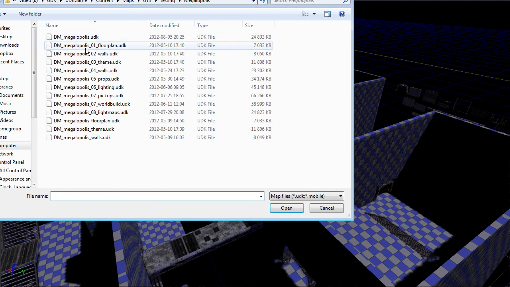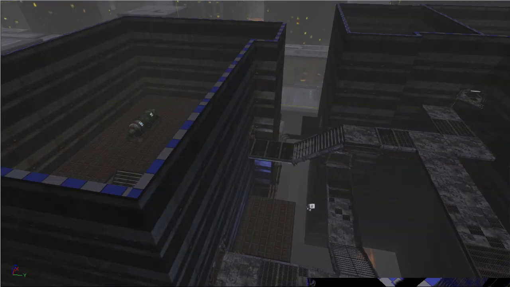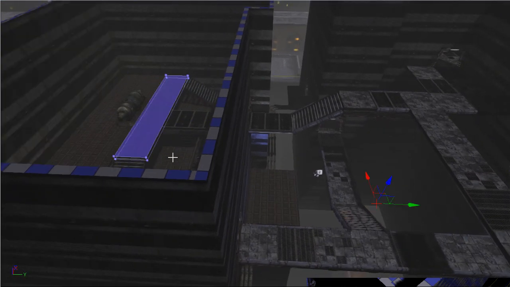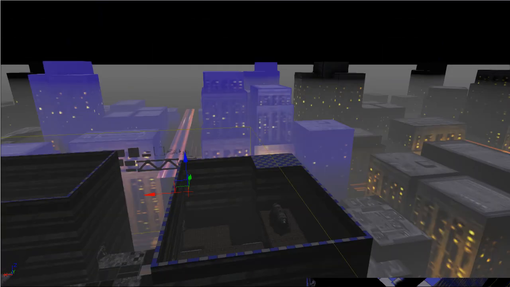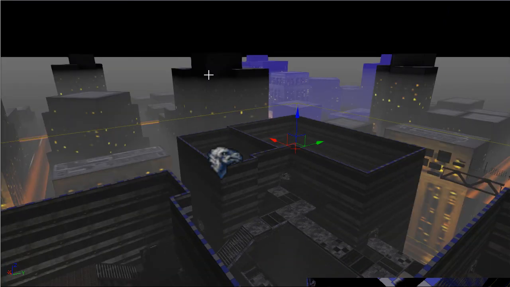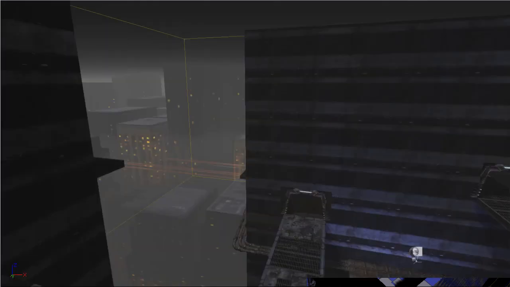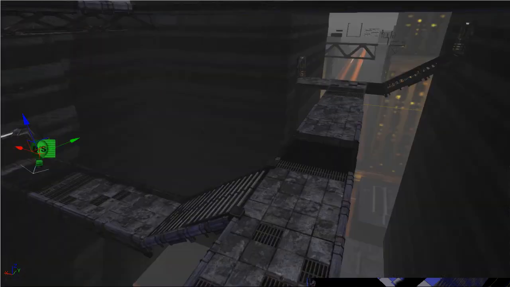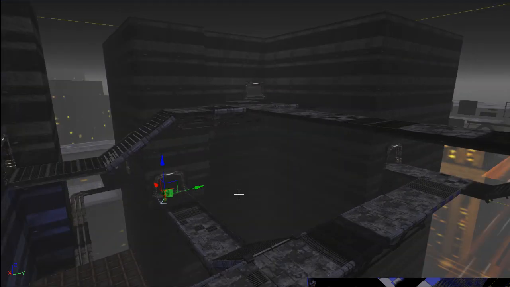So that is the second stage. For the third one, I've added a theme, which is basically one texture on every wall, and then another one for the floors. As well as in this one, I've added 8 identical models, like all the way around here, just to have a basic skybox, and then I have a fog, which is just for show, I guess. And I still have the same lighting in the middle here. If you add the pickups, this is the place where I would recommend playtesting